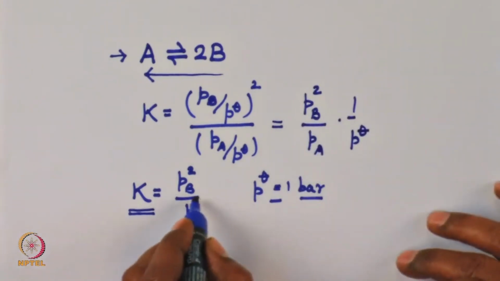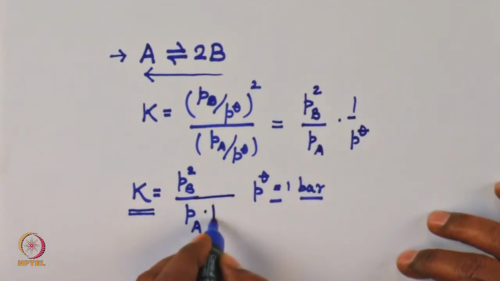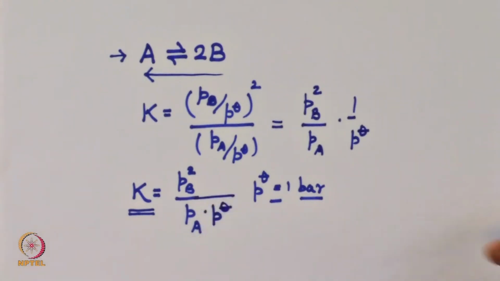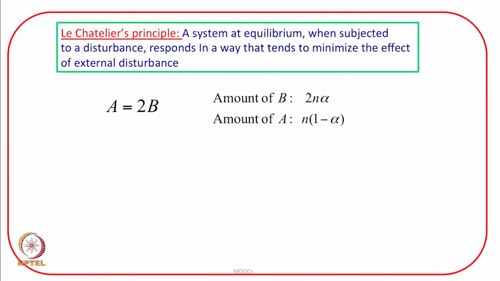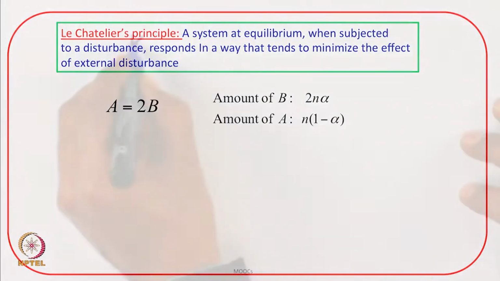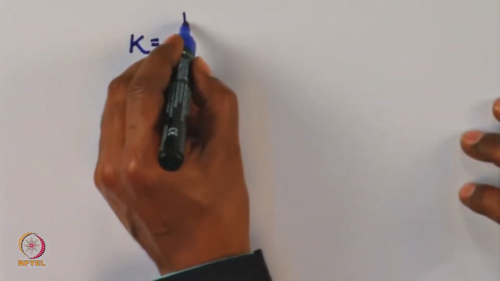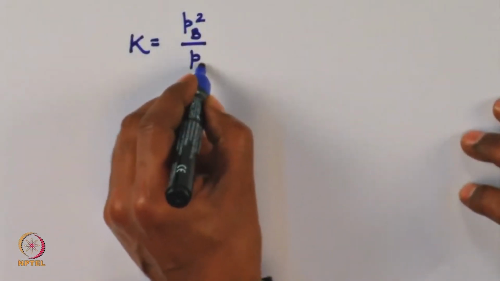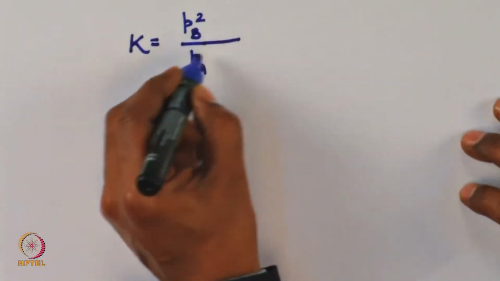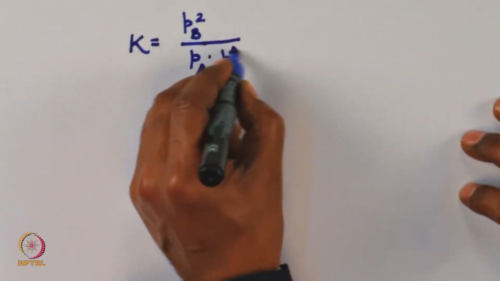That means, I will put P naught over here. So, I will use this result now. What I have is K is equal to P_B square over P_A into P naught,